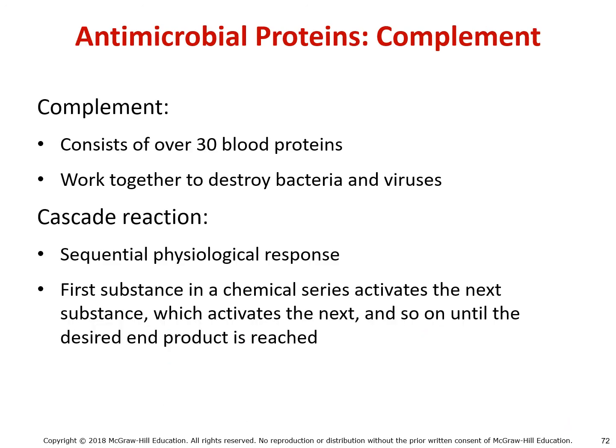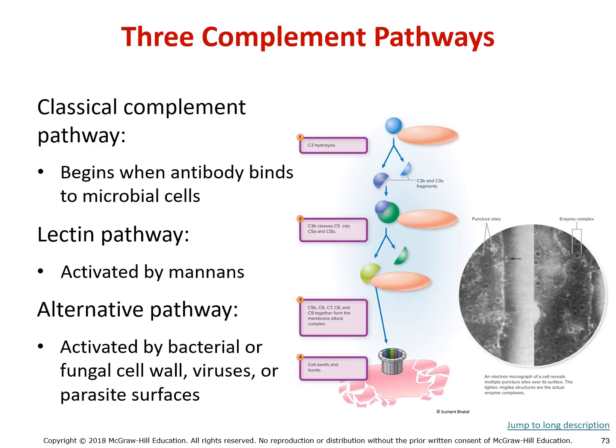Another important antimicrobial protein is complement. Complement is a very big and complicated system, so we're going to keep it simple. Complement is going to be a series of proteins that are always found in the blood, but they're usually not working together. The idea is they must be activated through a cascade that allows them to assemble and start attacking cells. There are multiple pathways that allow for this process to happen, including the classical pathway, the lectin pathway, and